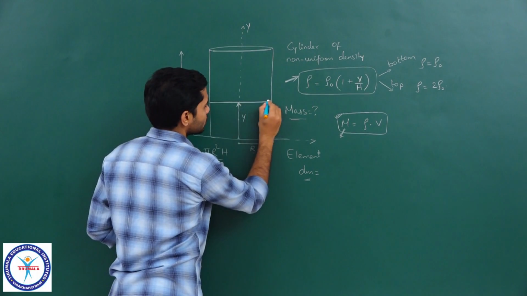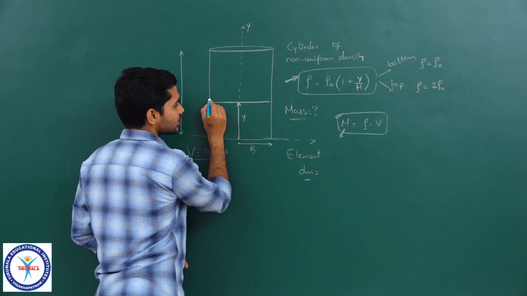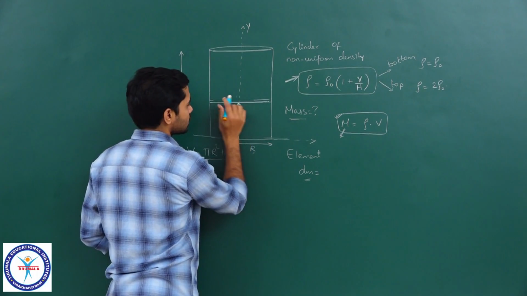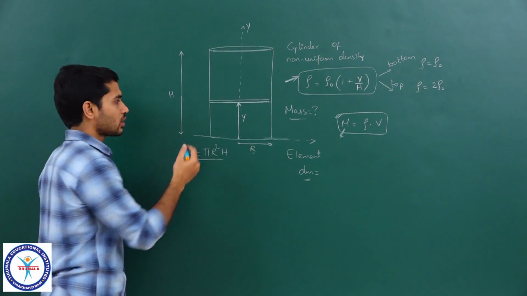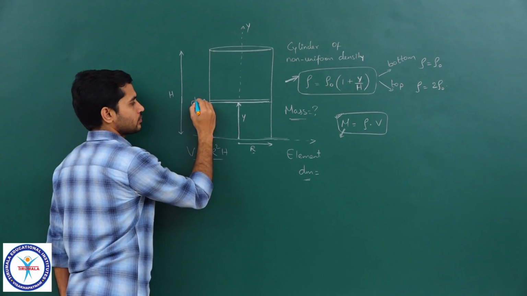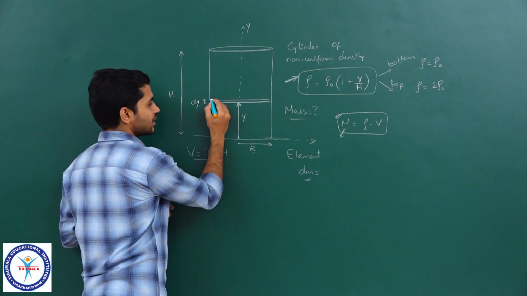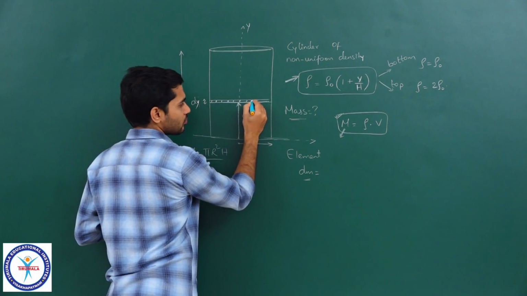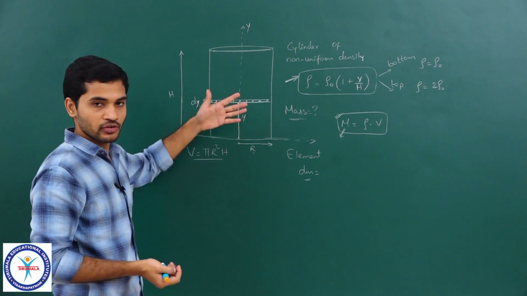So what I am going to do is, at a distance of y, I will be considering a small cylinder like this, small in terms of thickness. The thickness of that cylinder will be very, very small, clear. So the thickness of that is dy. Now if you look at this cylinder, I'll shade this part. Because the thickness is very small, there is not much height for that cylinder.